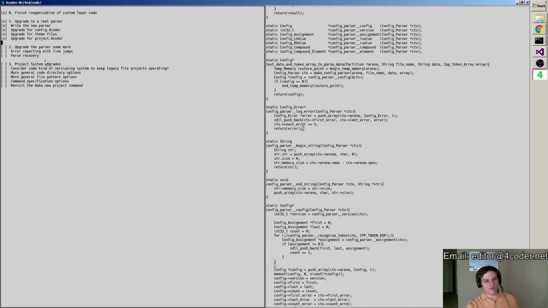So that's parse recovery, and then obviously error reporting. Whenever we see an error, just give us a jump line with a short description of what went wrong so we can fix those things more quickly, so that users who have a problem in their config file or something will know what's going on right away, right? And since it all goes through the same singular parser as a separate phase from the actual interpretation of the data in the file, it's now pretty easy to standardize an error system like this.